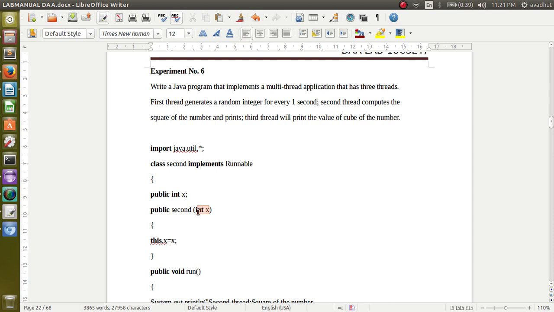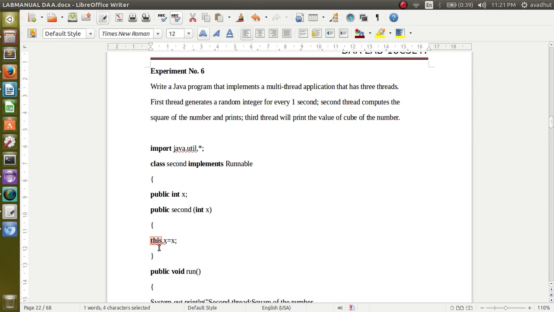In the parameter also we are passing a variable named x, and in the class we also have the variable x. I want the class x variable to take the value of the parameter x. If I just write x = x, the compiler will be in ambiguity: which x should I use? Therefore I am using the keyword this.